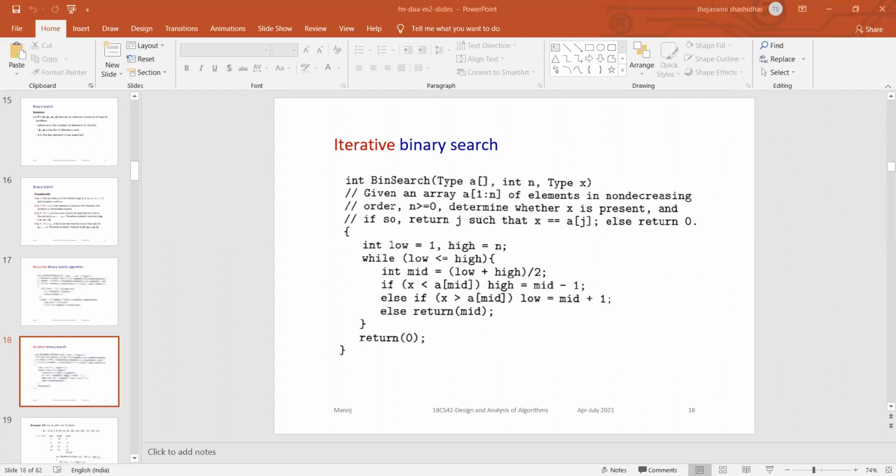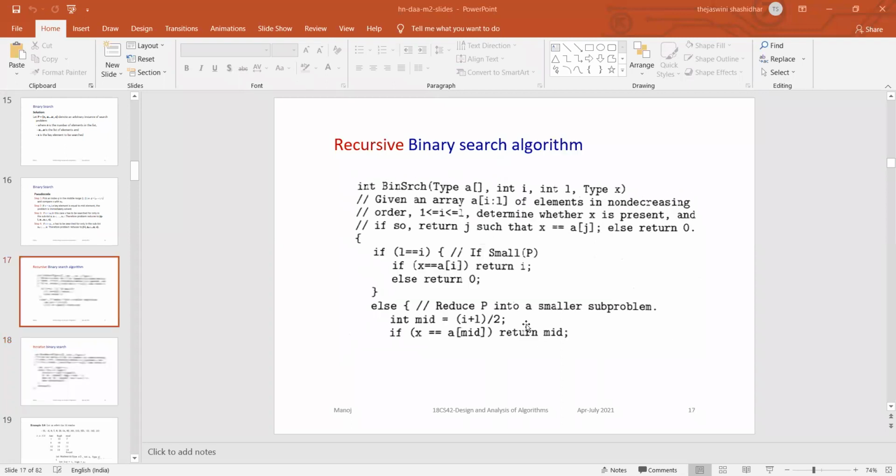I'm telling you. So if it is left and right part, will it have the left and right part? So this is the recursive binary search.